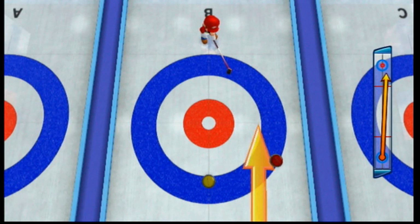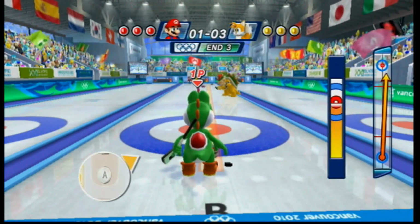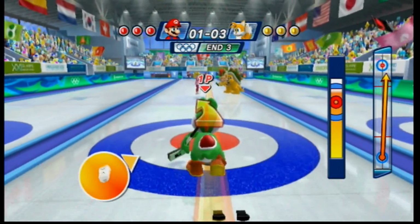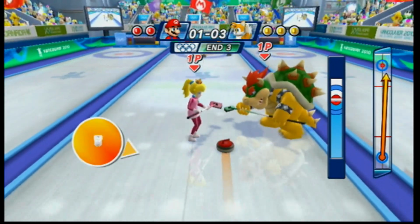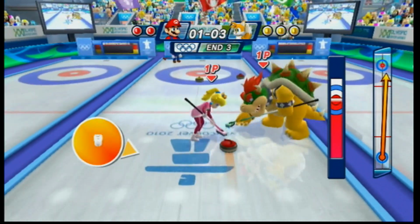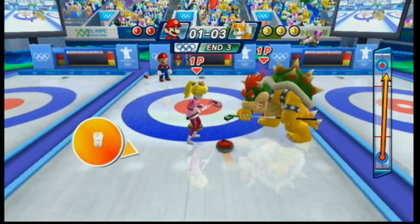Great opening day for the Winter World Championships as Yoshi gets ready to line up his throw. We've already seen the downhill event do well. The snowboard cross event was great. And now here we are in the curling event, the third event of the day. We still have one more event after this. It's the speed skating 500-meter event. And already a pretty good first day thus far as